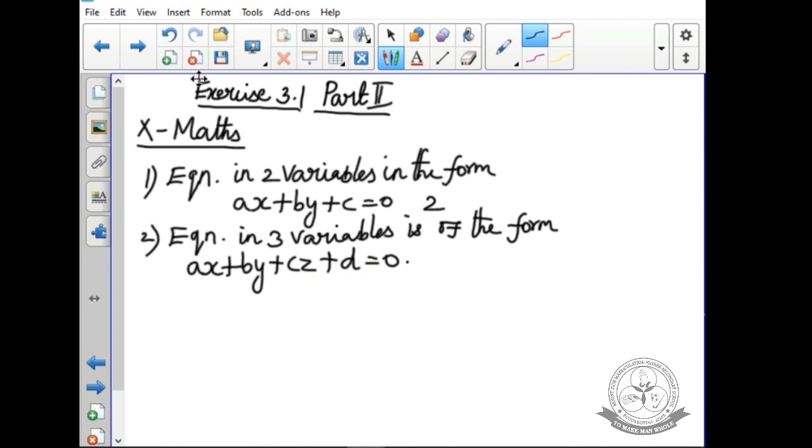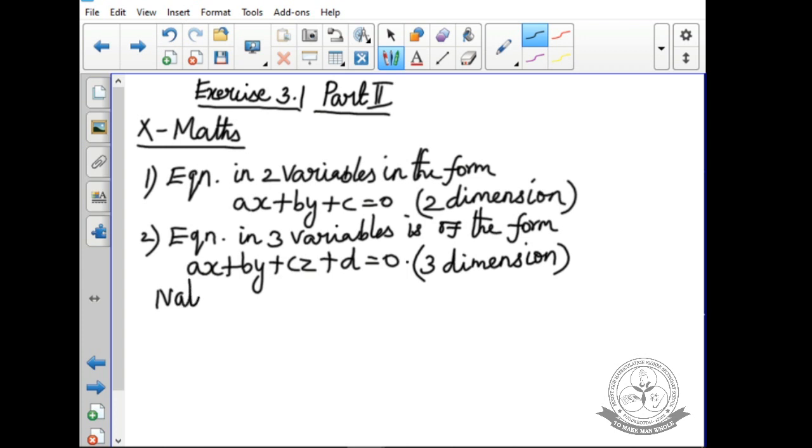Linear equation in two variables is two-dimensional, that is, we are plotting the points in a graph sheet, whereas this is a three-dimensional figure. Here we are finding the answer for x, y, z. There are three conditions for the nature of the solutions